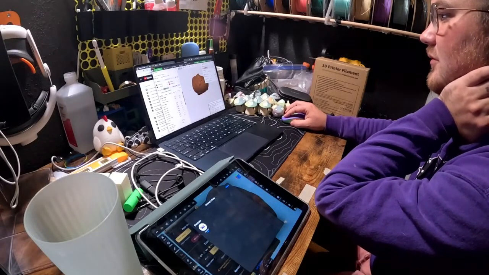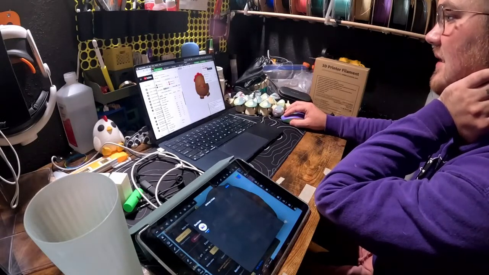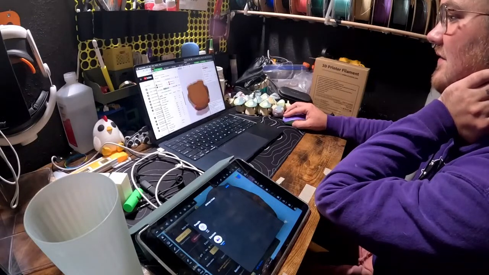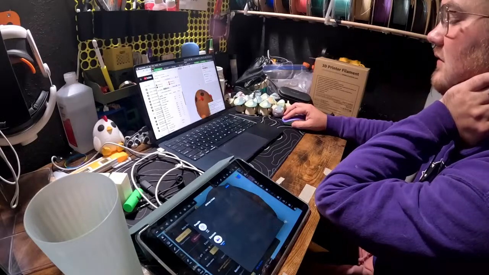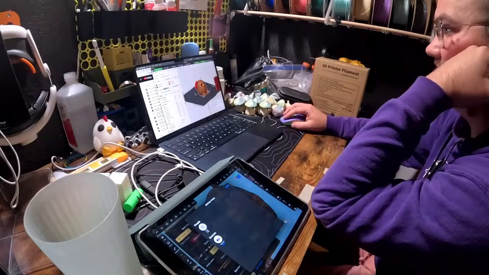Boop. Boop. Boop. Boop. Boop. One of the advantages of keeping these separate objects, or separate parts of the same object, is that filament color painting is like 50 times easier to do.